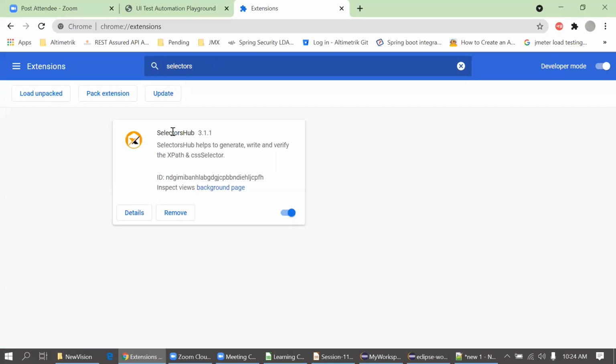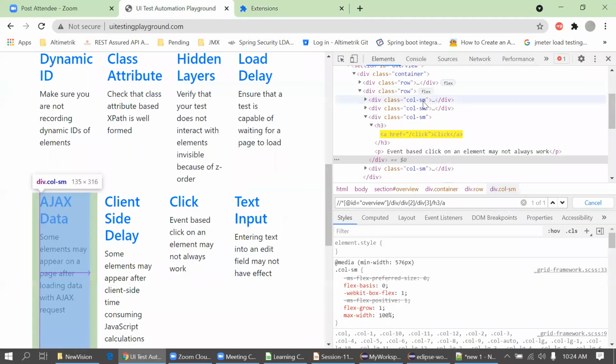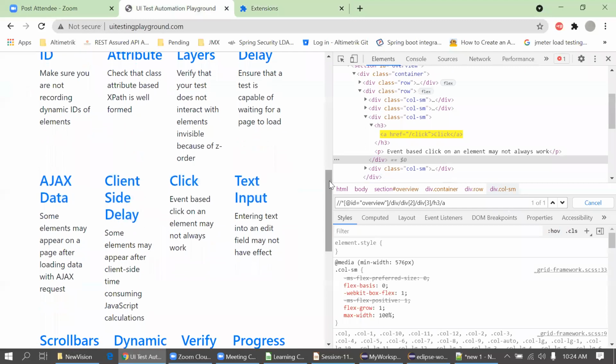You can see it. I have already downloaded it, that's why it's showing the option for remove. Otherwise, it will ask for add. It is for XPath and CSS selector both. So you can simply download it and install it in the Chrome browser. Now I will show you how to find the XPath by using SelectorsHub.